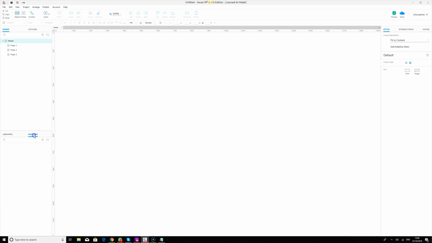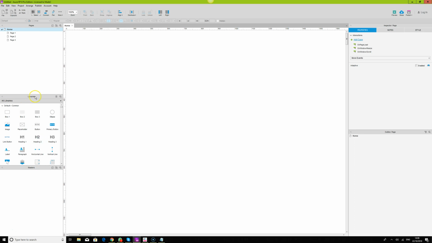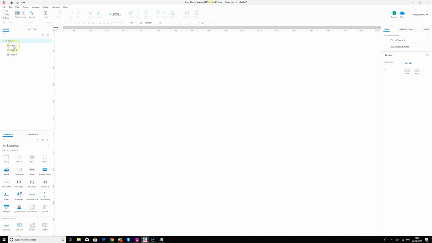For example, the masters and the libraries are all on the same level compared to Axure 8 where they are separated in this way. In Axure 9 it is different. Pages are still similar to what you see in Axure 7, in Axure 8 or on Axure 9 as well, but the color is a little bit brighter, which is good, and I love the interface. We can add our new interaction, so we don't really have to worry about that. We can add notes as well, and the page